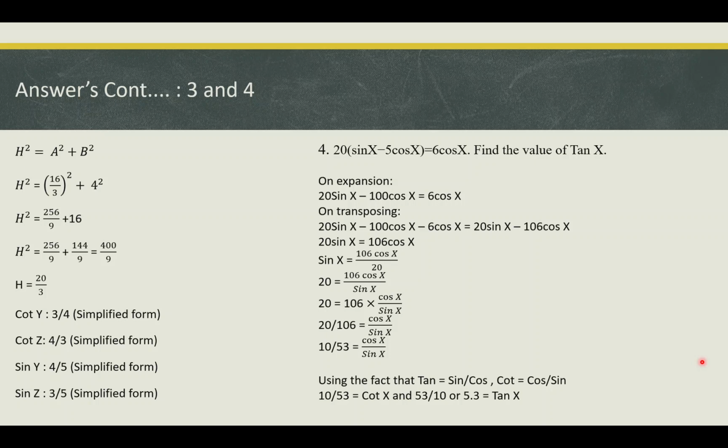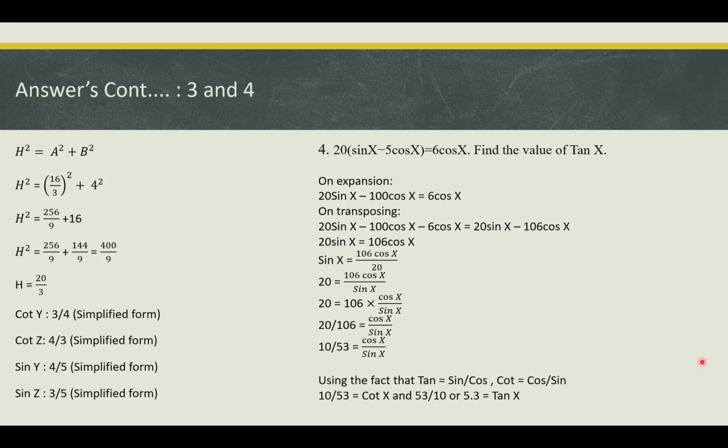If you watch it carefully, this was, I think, on the challenge questions. So 20 (sin x minus 5 cos x) in brackets is equal to 6 cos x. So 20 into sin x minus 20 into 5 cos x, which is minus 100 cos x. So 20 sin x minus 100 cos x is equal to 6 cos x. Then transpose 6 cos x to the LHS, and then it becomes 20 sin x minus 100 cos x minus